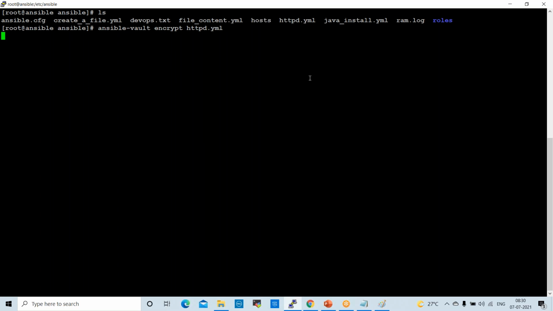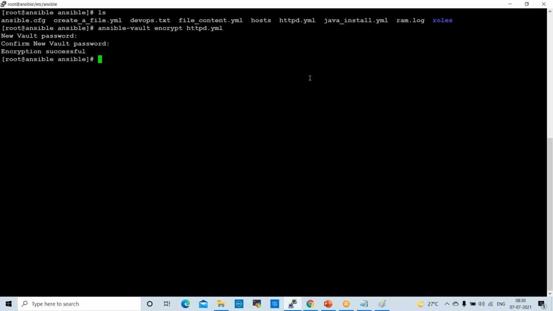Enter. Now it is asking for a password, 123456, 123456. So I encrypted the HTTPD file successfully.